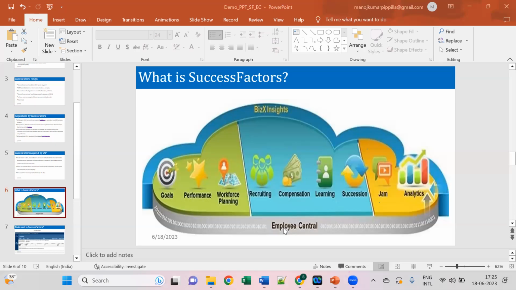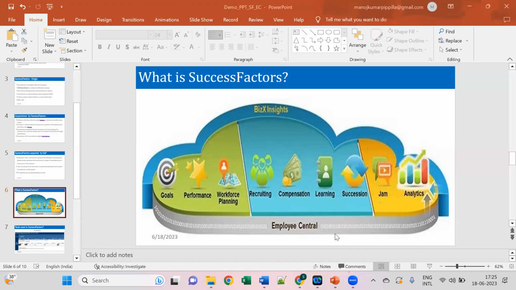And in general, Employee Central will be called a part of SuccessFactors. Clear? Whatever other modules need to get the data, that should be fetched from Employee Central, or if they want to send the data, that should be sent to Employee Central. Likewise, Employee Central will be linked to all other modules. And now we are going to learn this module called Employee Central only as per this training.